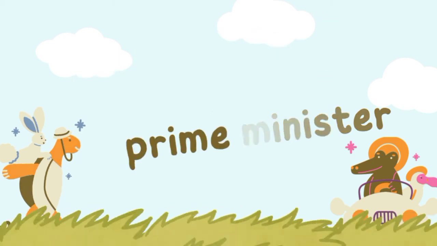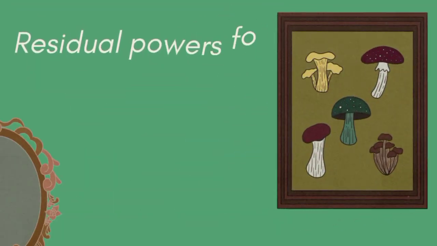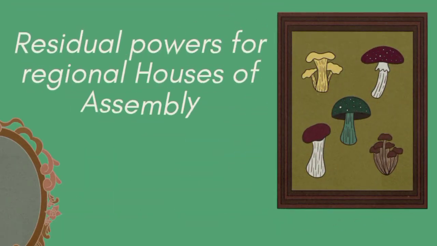Again, another important feature was residual powers for the regional assembly. That is, the regional assembly performed residual powers, and this is the power to pass bills into laws without the approval from the central government. So they could pass their own bills into laws. Now that we have looked at the residual powers for the regional assembly,